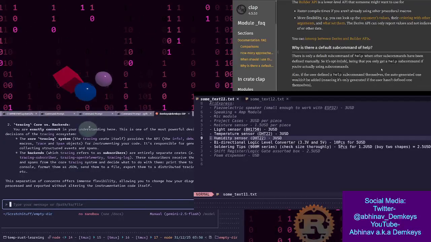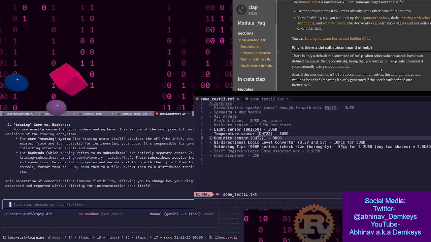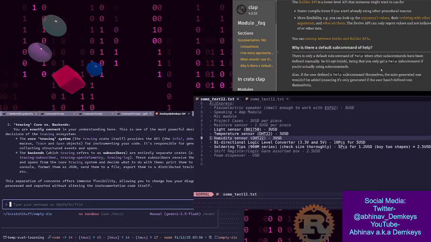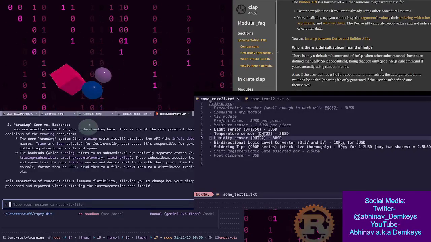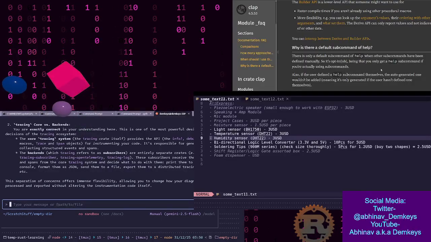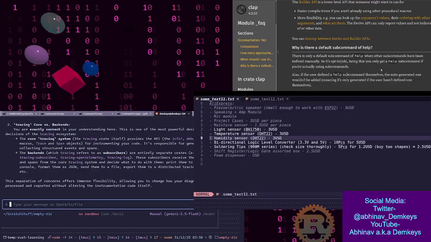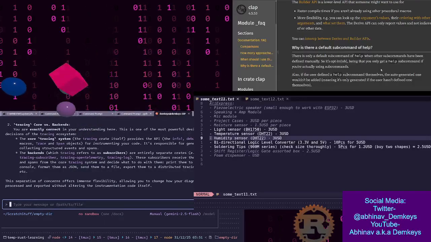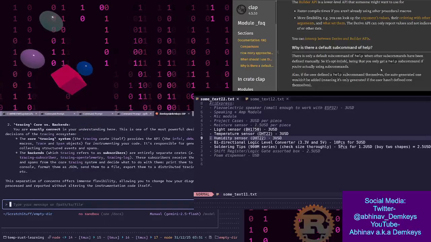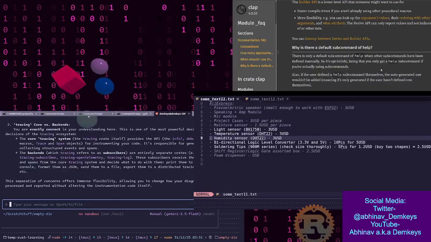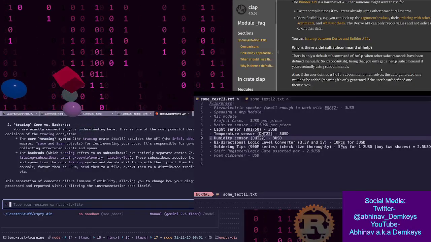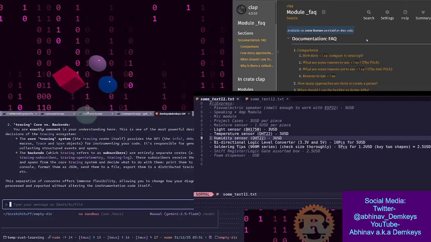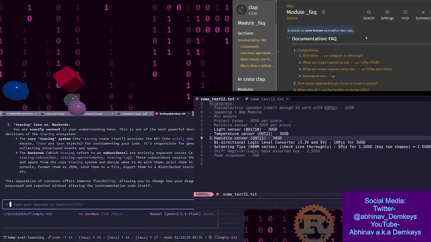Why is there a default subcommand of help? There's only a default subcommand of help when other subcommands have been defined manually. So it's opt-in-ish, being that you only get a help subcommand if you're actually using subcommands. Also, if the user defined a help subcommand themselves, the auto-generated one wouldn't be added, meaning it's only generated if the user hasn't defined one themselves. You know what? That answers my question. So we do not need